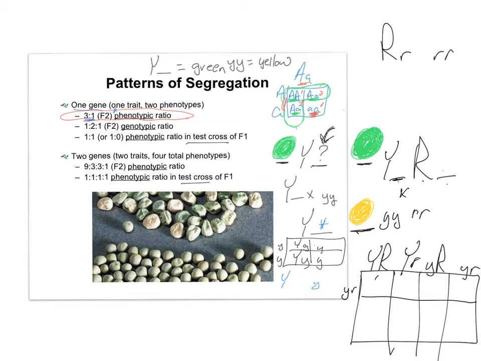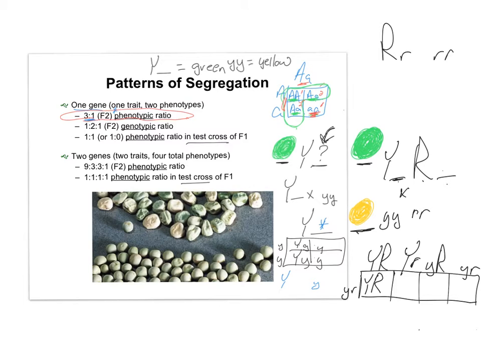So those would be our 4 possible gametes. And so what would we expect to see if we cross this, if this is heterozygous and we cross it with this homozygous recessive, we would expect to see